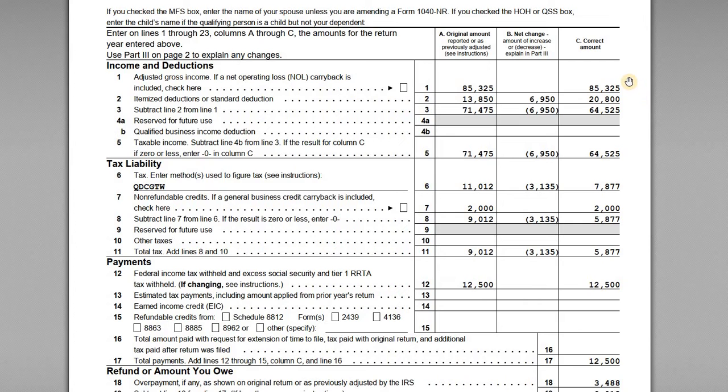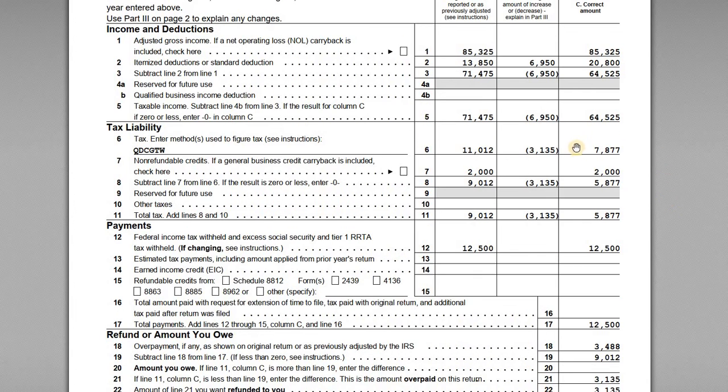So you can see here the income didn't change, right? We're just changing our filing status. So $85,325 remains as her adjusted gross income, but the standard deduction is increasing to $20,800. All right, so we've reduced our taxable income by $6,950, and then the tax calculated is now being calculated using